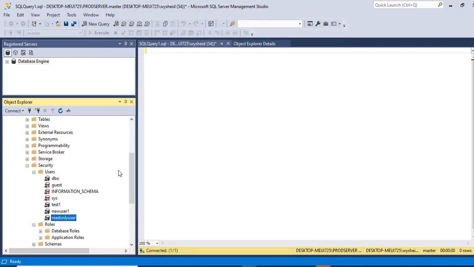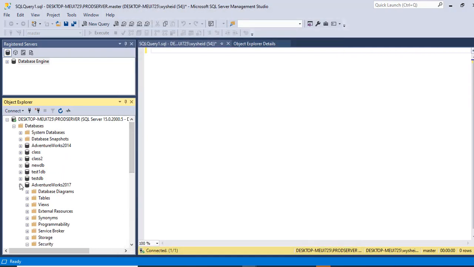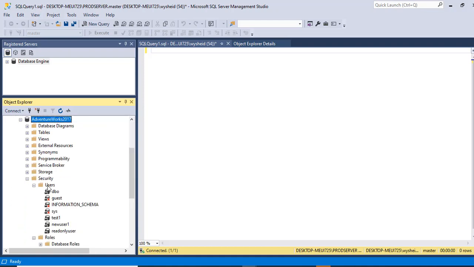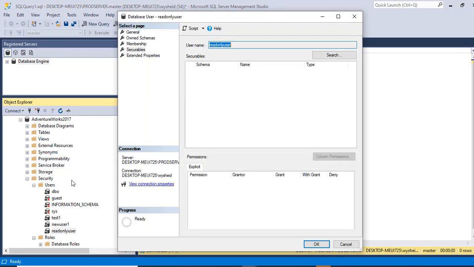A point to be noted is that I am selecting the user from the database. I want the user to have the read-only privilege inside the Adventure 2017 database. So I'll expand that database, go to security, and then double click on the user from the Object Explorer.